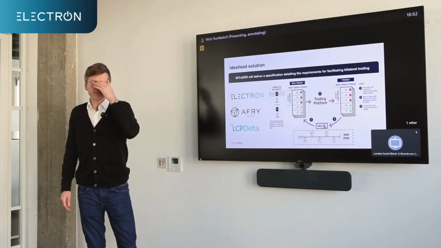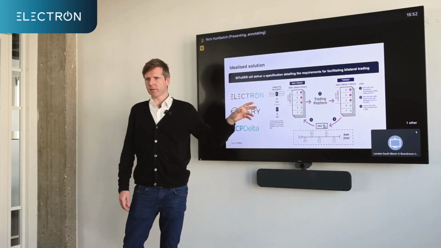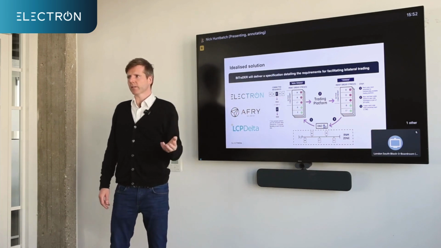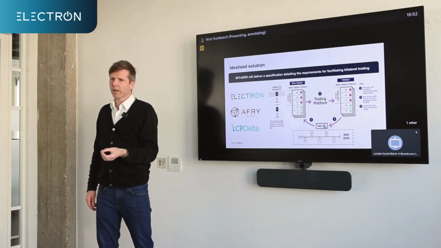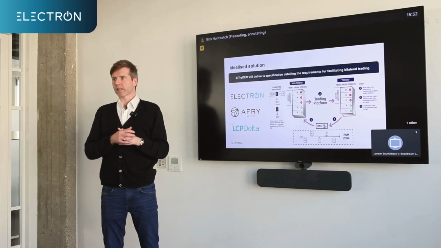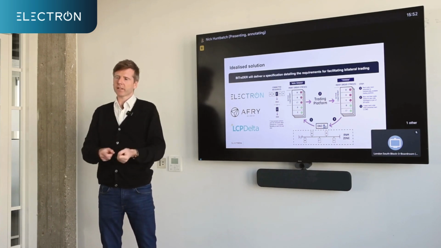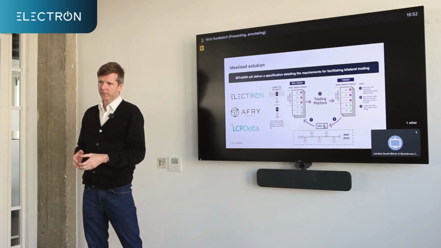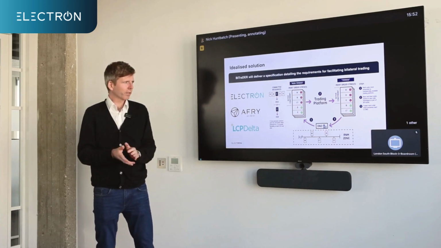But it also lets us explore things like connecting network systems to the platform, because the network system is forecasting the constraint. The market is trying to avoid constraints through trading. So bringing the network data into the market makes a lot of sense to have this holistic, joined up approach to the trading.